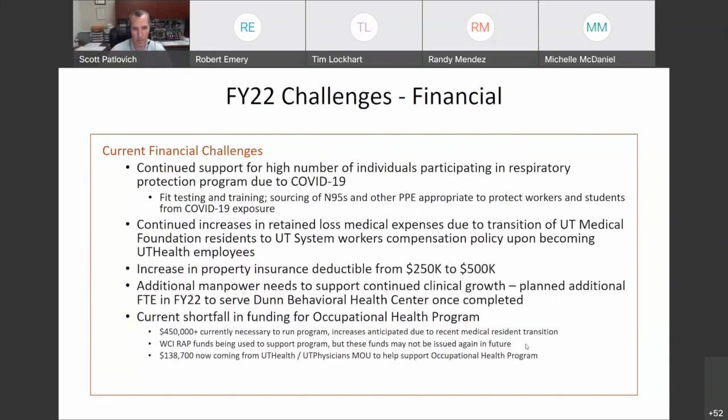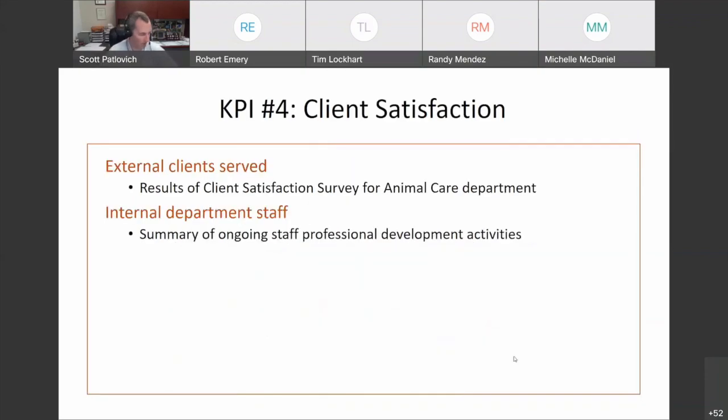And our financial challenges going forward, we know that there's various different things impacting us. COVID continues to cost us a lot of money, as I'm sure it is for your campuses as well. We do have some issues with our occupational health program, some of the associated costs under the workers' comp program that we have many of our medical residents in. Now, because of the change that I explained to you, we know our property insurance deductible is going way up, in fact, doubling, and we've got a lot of growth with that behavioral science center that just opened. So anyways, it's important to communicate this to our leadership so they understand what gaps are in place for our funding.